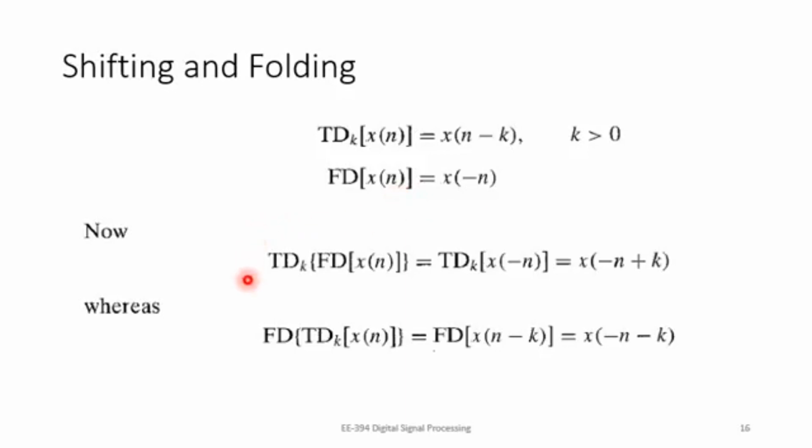Now what we are going to see is, if we want to mix things up, that is, apply fold and time delay simultaneously, then what happens? What we are going to do is take the signal x[n], fold it first, and then apply the time delay by